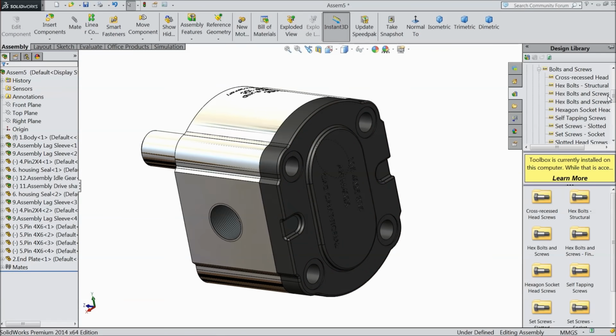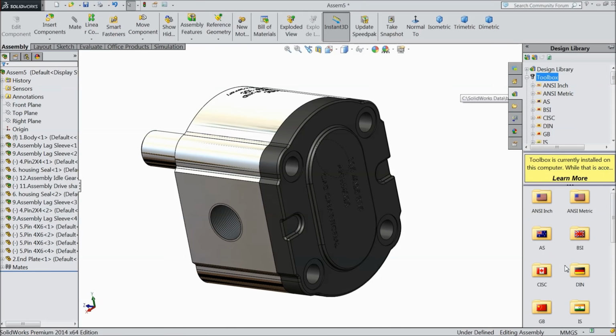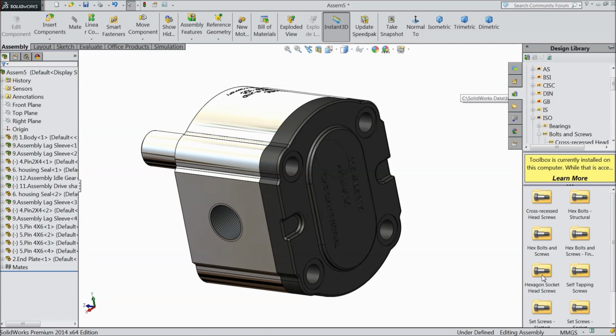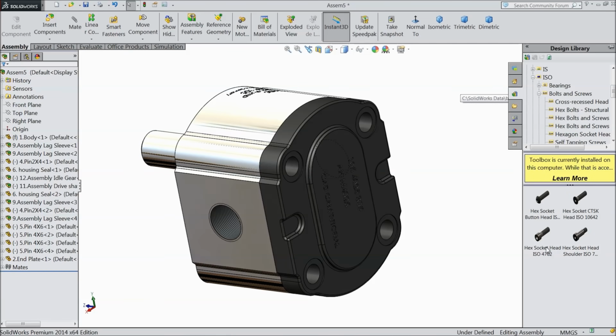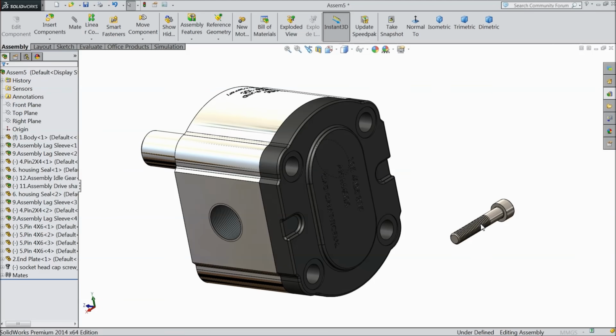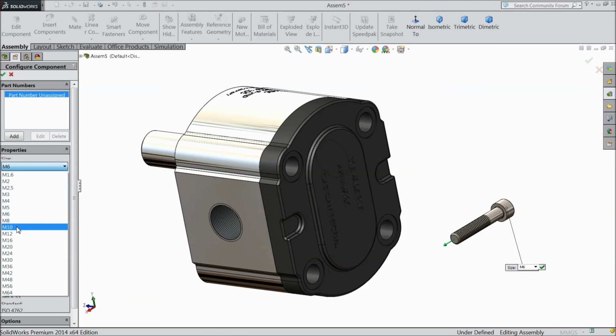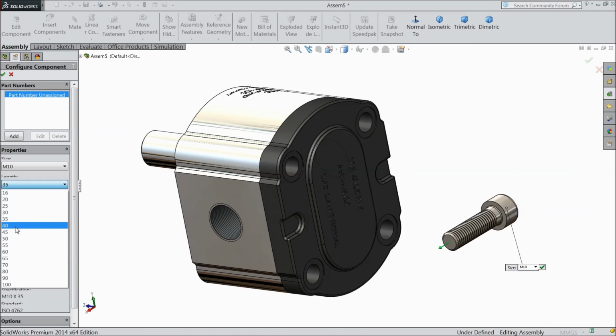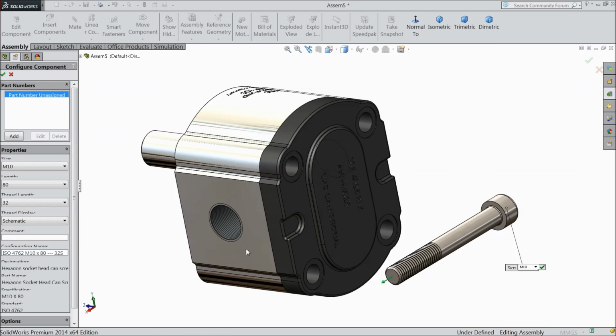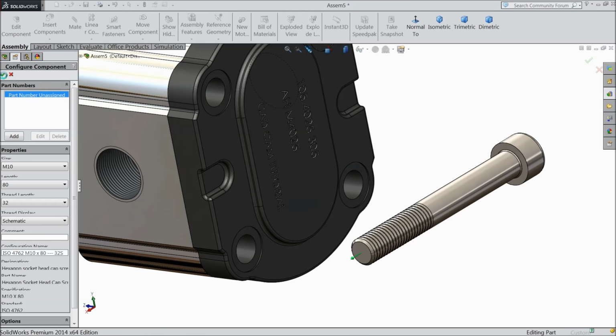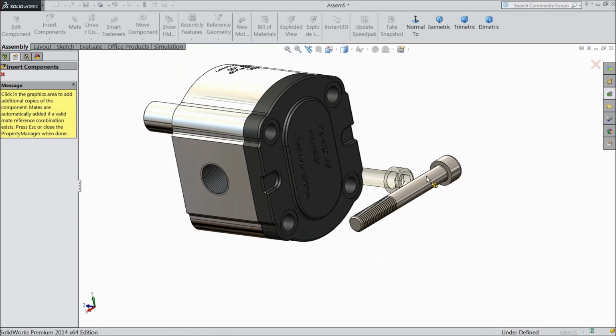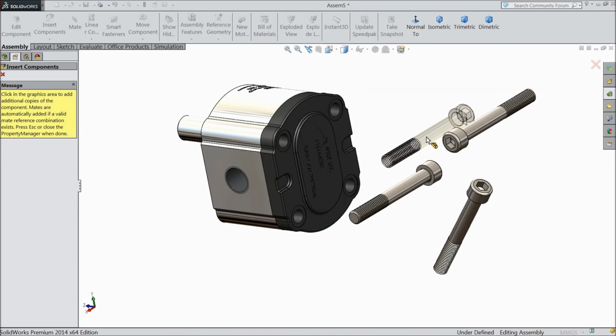So do one thing, go to library, toolbox, select ISO, bolts and screw, and here choose hexagon socket head screw, and select socket head ISO 4762, browse, make the pitch M12 and height keep 80 mm with partial thread. Okay, and it is asking how many numbers, 1 2 4, we want 4 numbers, then cancel,